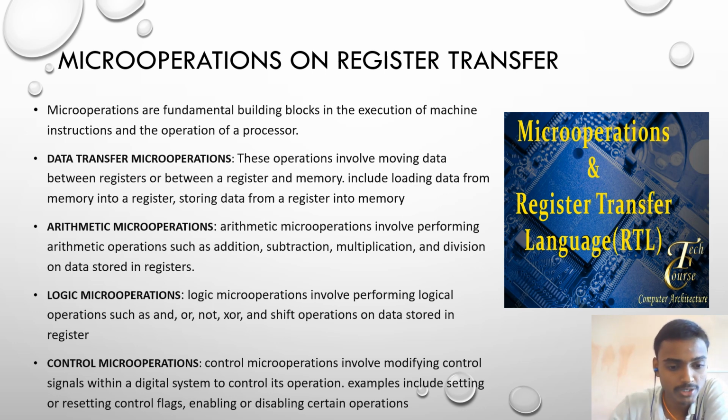Let us see the control micro operation. Control micro operations involve modifying control signals within a digital system to control the operation. Examples include setting or resetting control flags, enabling, disabling. In order to control the operation, micro operation, we use certain signals. As I said earlier, control signals, enabling signals, such as